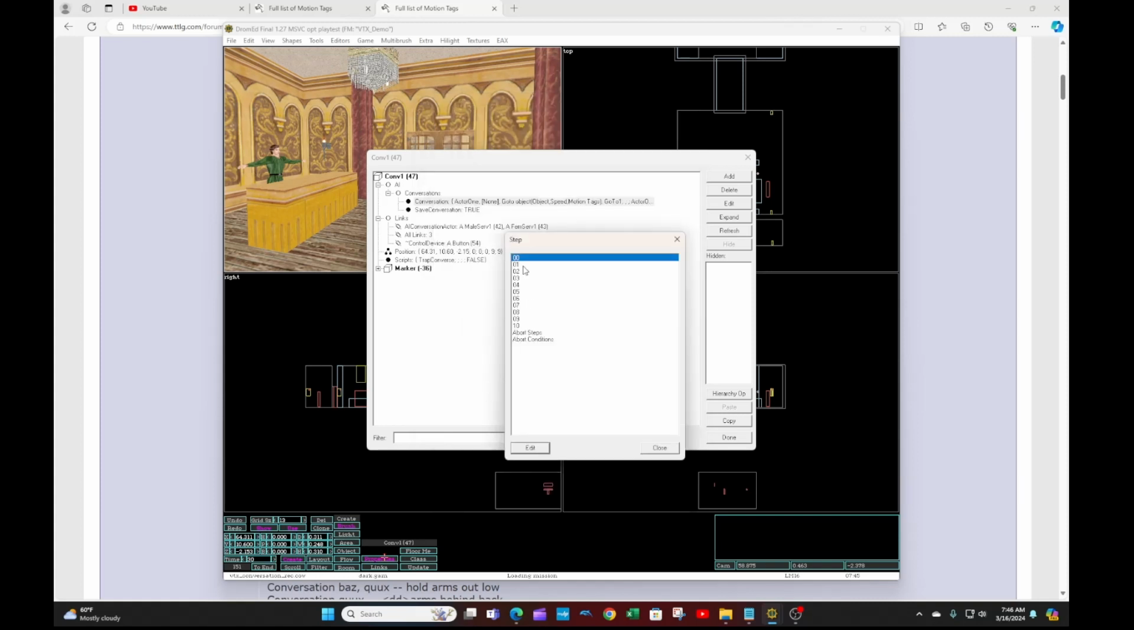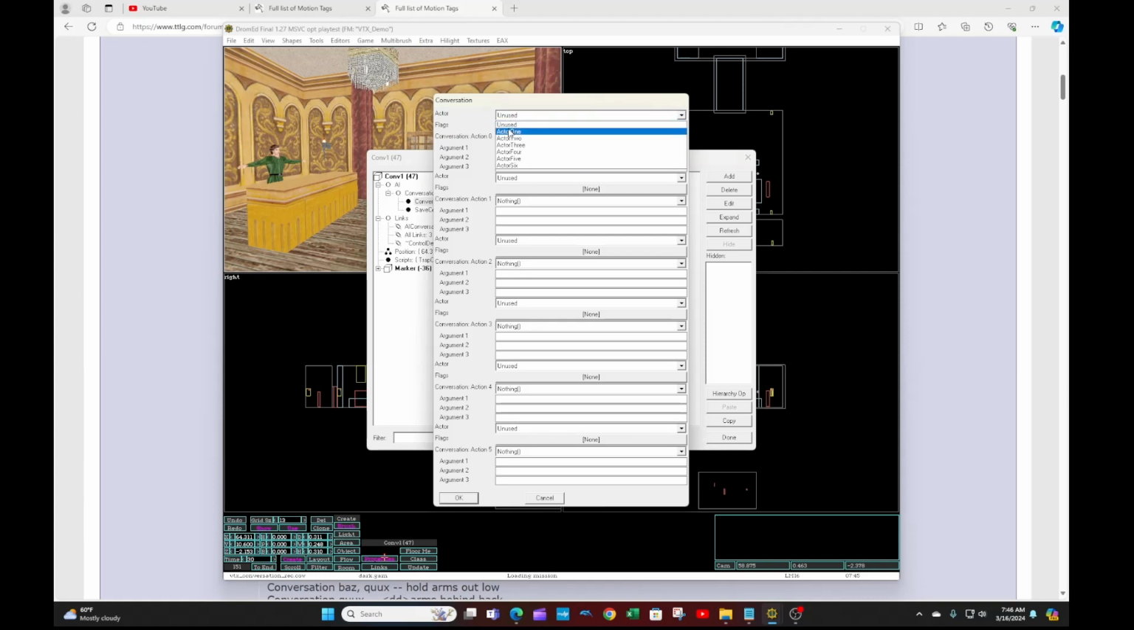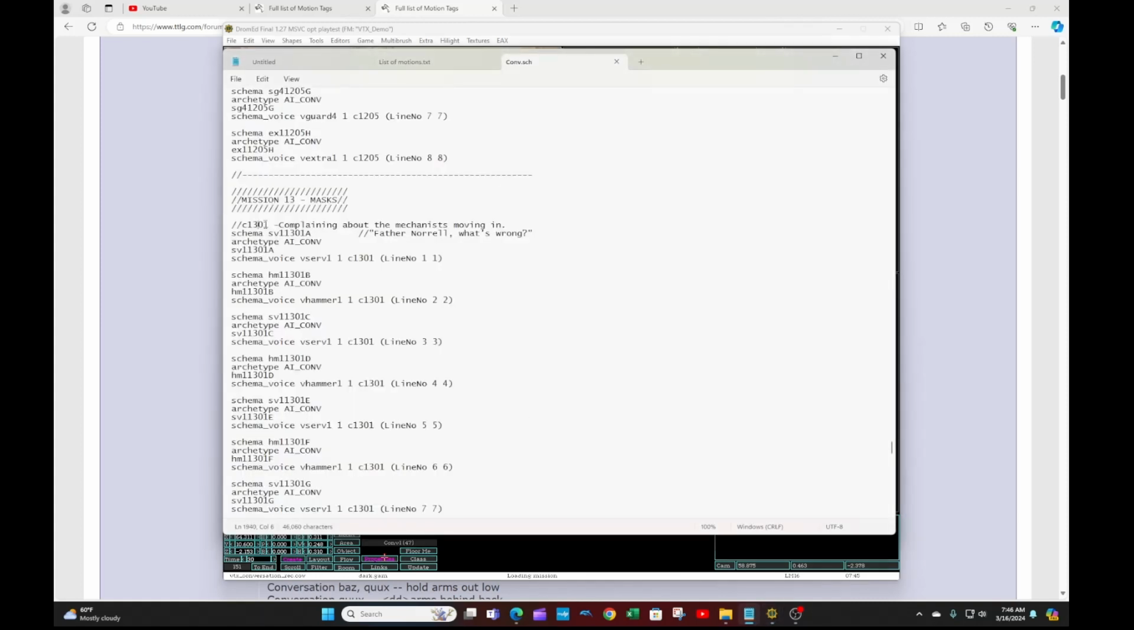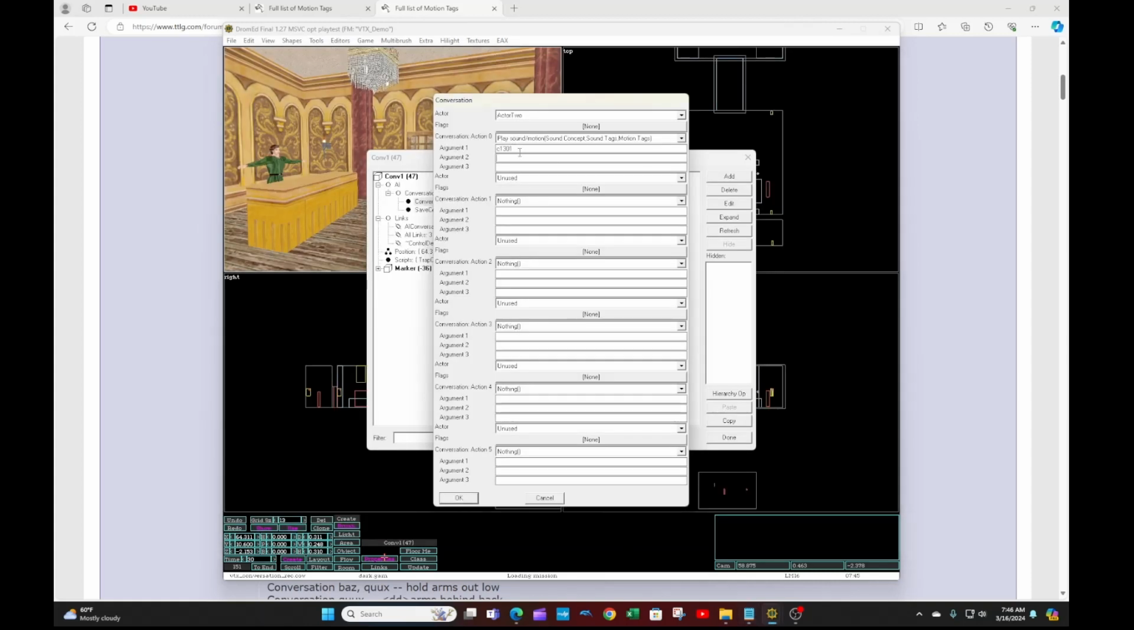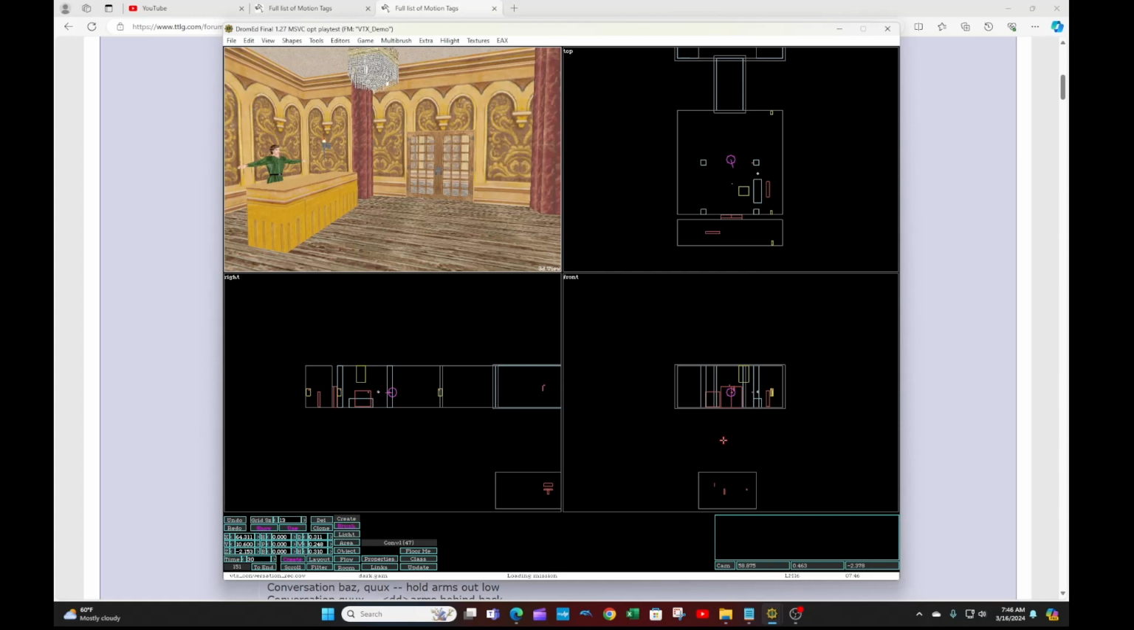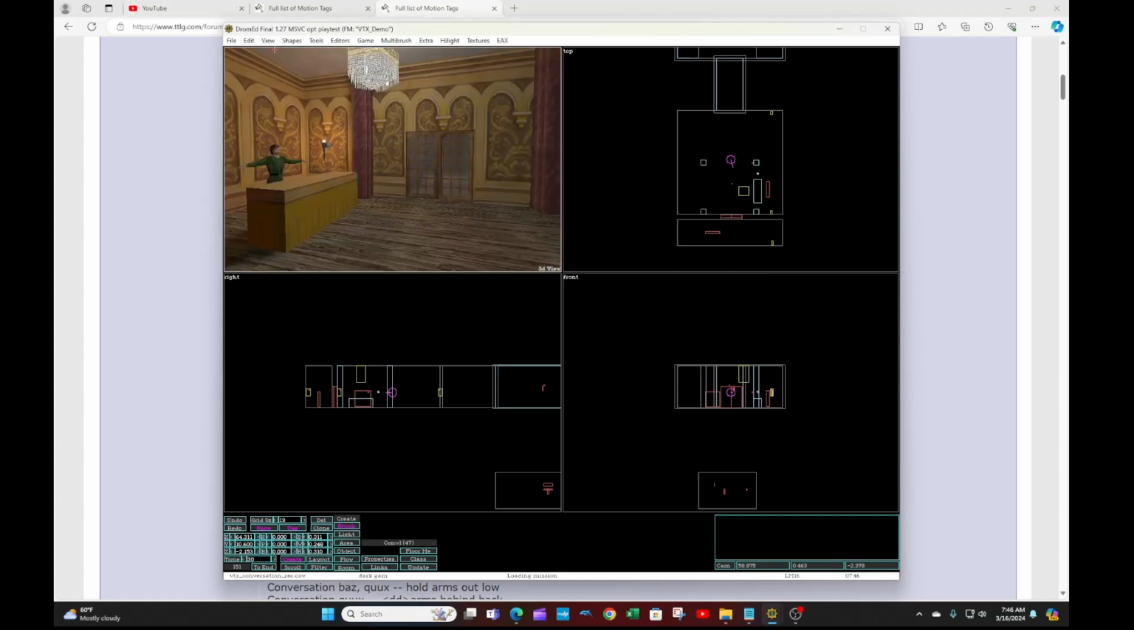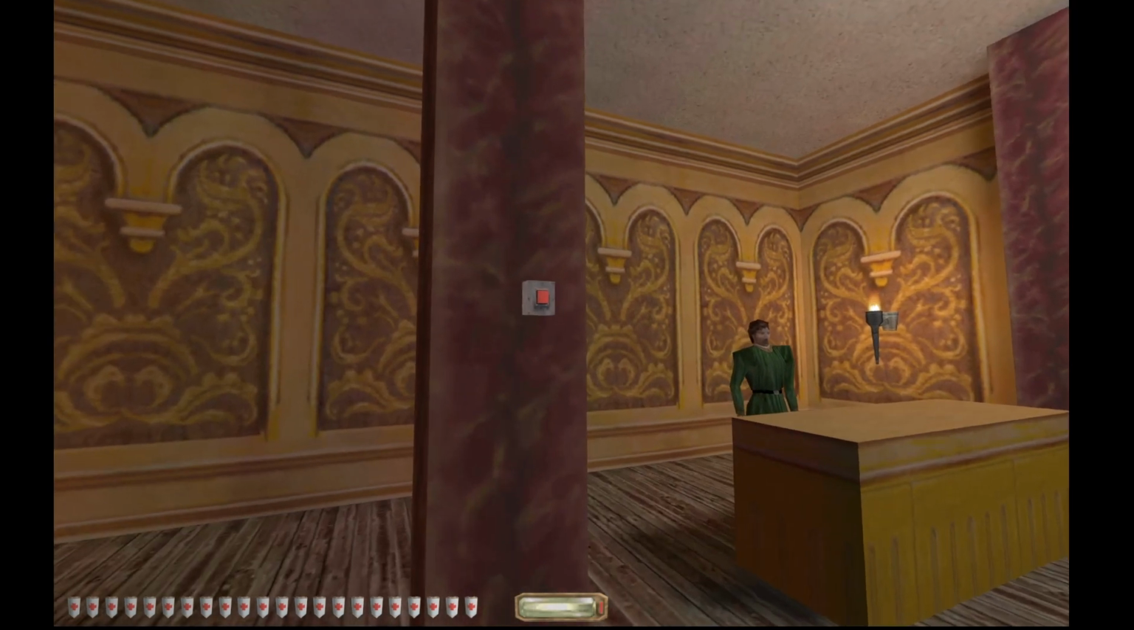And now we have the male servant respond. So let's go to actor 2, play sound motion, and from this one, it's 1301, I believe, yeah, C1301, and I want line number 5 from that. Line no 5, and I want the motion conv 32. So let's take a look at what that does. Let's go with toggle lighting, and